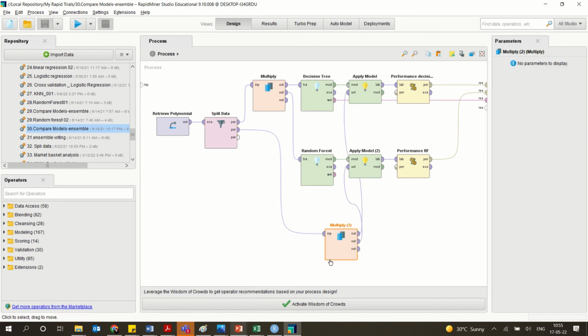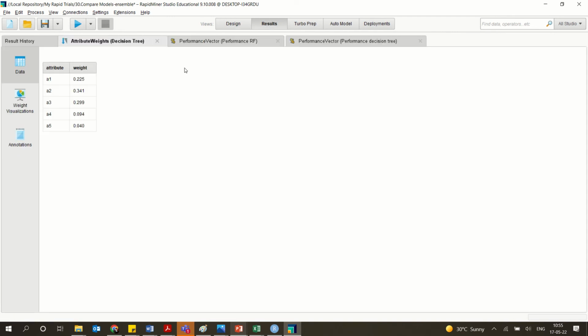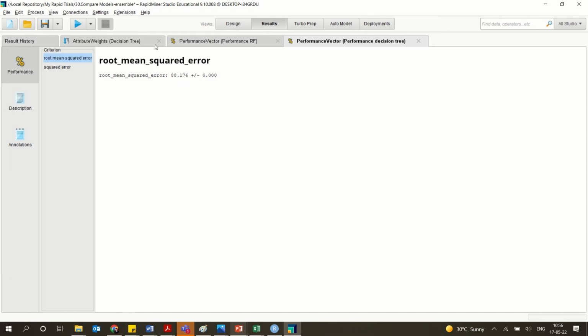Now I want to know how these two models will work on the testing set. So I'm again multiplying this, and this is the testing set which is passed. The same set is actually passed as the testing set to the data, and so the 30 will be passed here to see how it is actually working. So when you run this particular model,